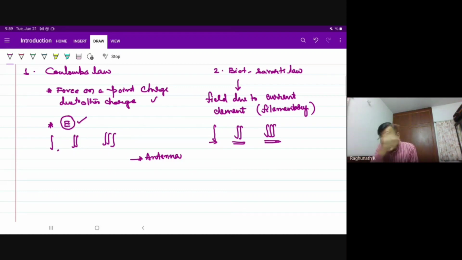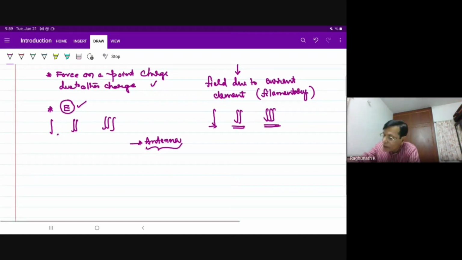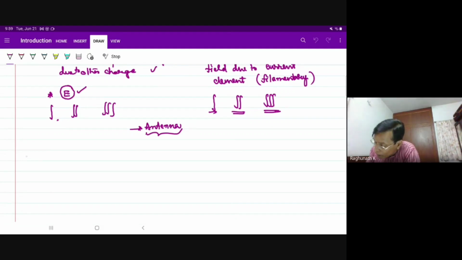I will use this knowledge of determining the field quantity because of a point source to determine the field because of a distributed source. I'll become an expert initially itself, and then I will use my knowledge in the practical cases, right? This is the first thing that we will be looking at in electrostatics and magnetostatics. Then distributed sources, fields. Next, electric field intensity is determined by using this.